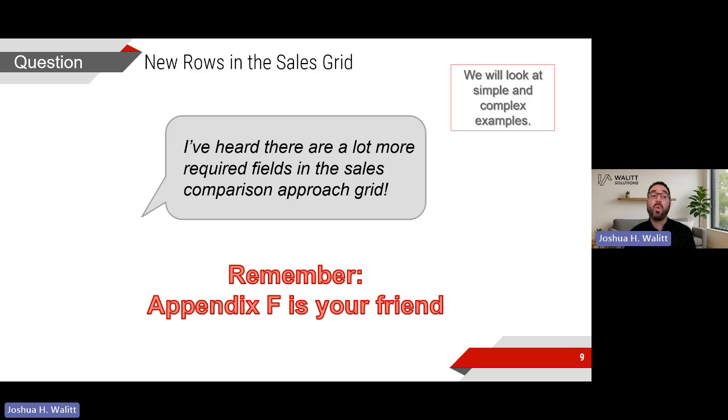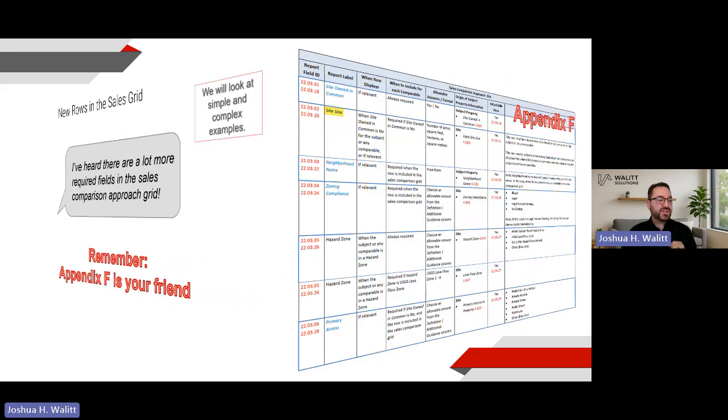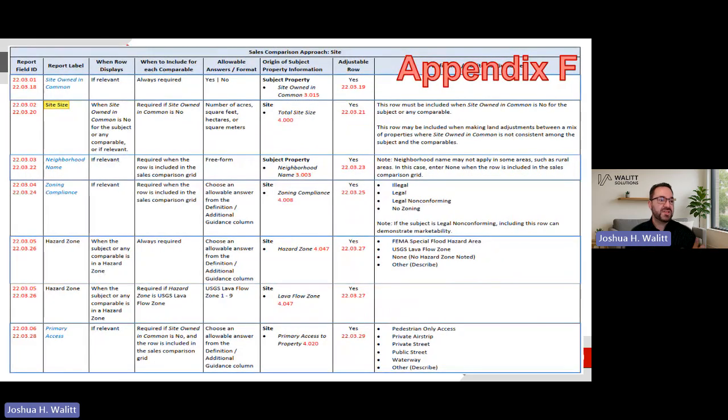How many rows are required? As I go through this, we'll see some of the rows that are required. We're not going to look at every single item, right? But you'll get a feel for the rows that always appear, and then we'll also get the flavor in the more complex one where they've had more rows appear, right? So we took a look at this briefly last time. This is right out of Appendix F. Here's a page showing all these different rows, and look at these special rows and how unique they are and different, and this is more than I normally do.